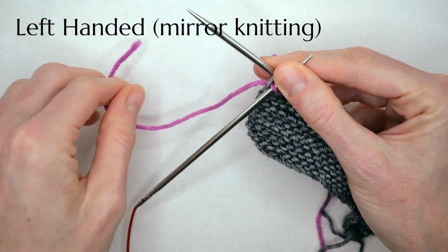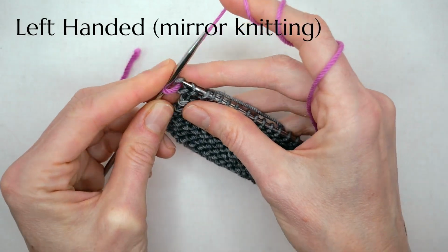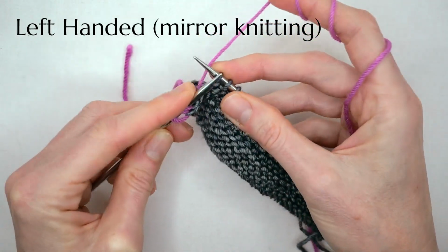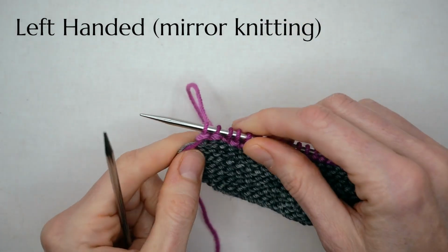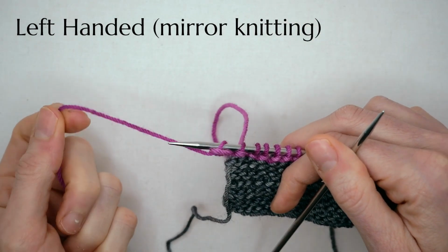So here's my tail, and then I'm going to knit one row and then knit back on the other row for 2 garter stitch rows. Now I want again to bring, I'm going to bring my old yarn that I'm not using